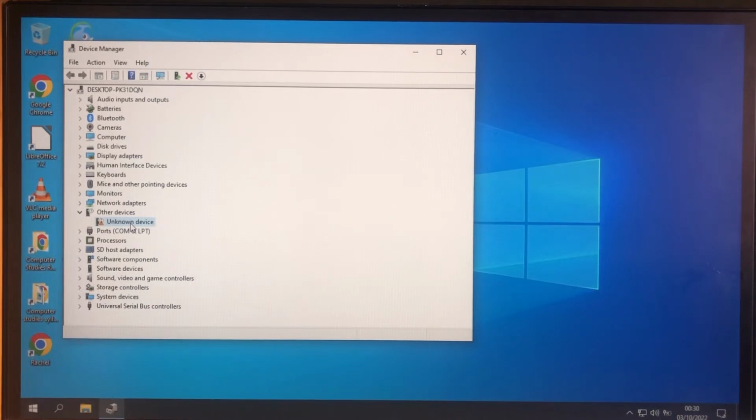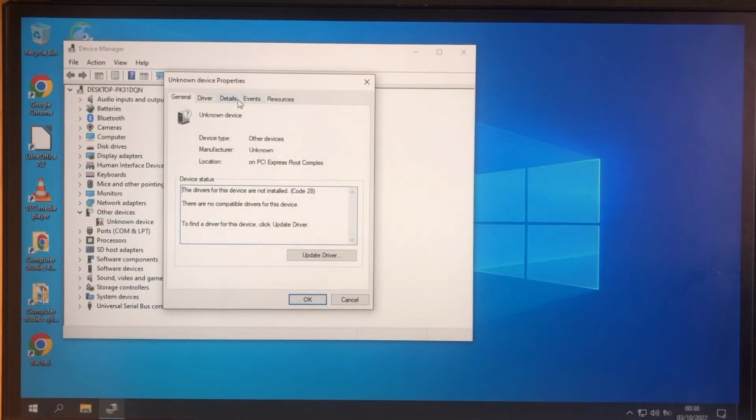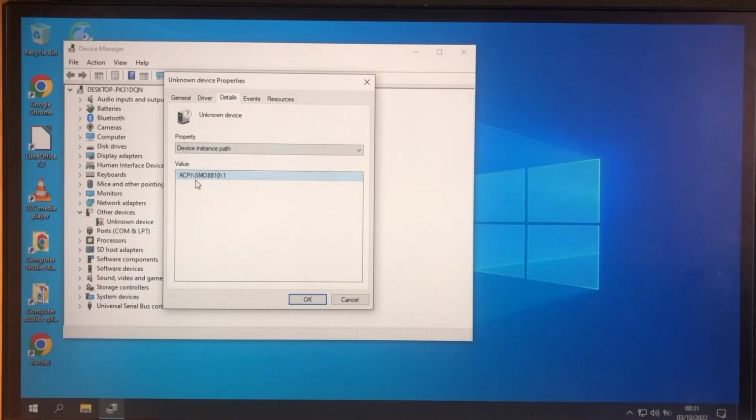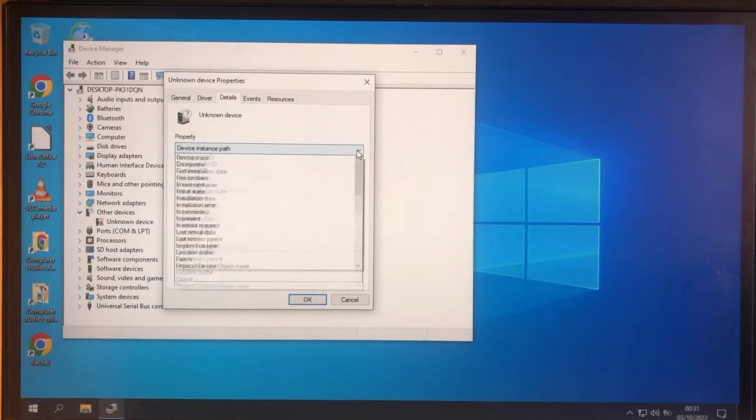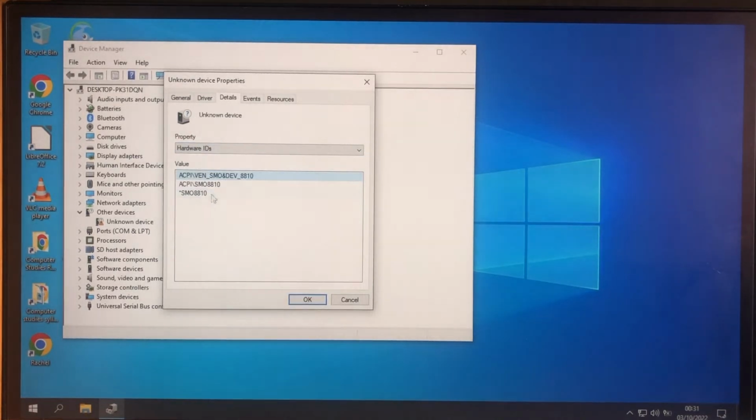Now, usually what we do is, I mean, you can look at it, it's ACP SMO 8810. So you can look that up with Google and find out what it is, but quicker really is just to